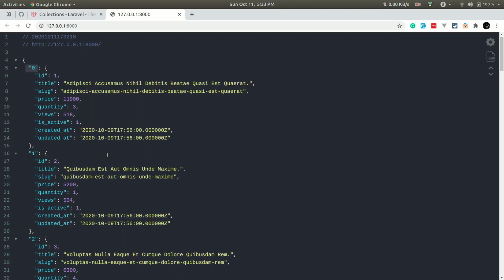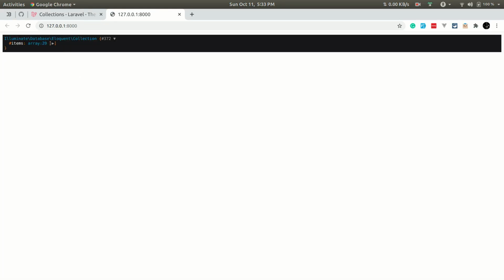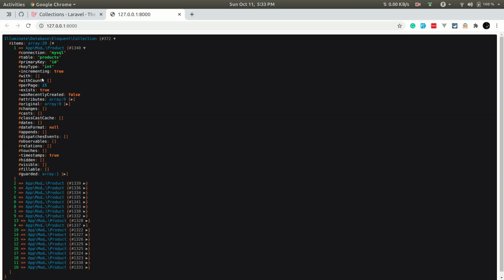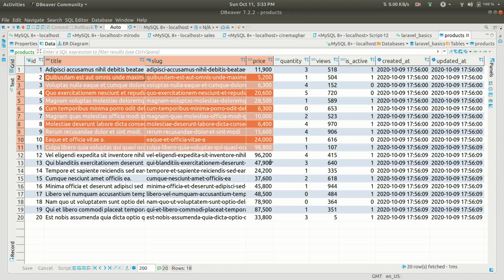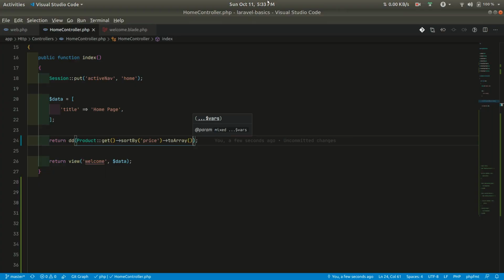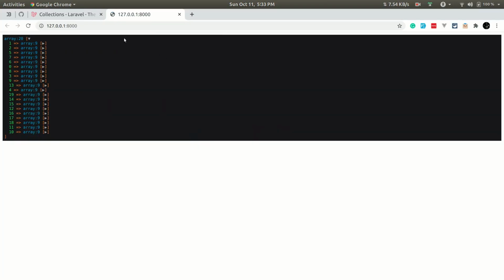if I do it like this and refresh the page, you can see it is giving us all the things related to the model. Now we can also minimize this. If we do toArray, it will convert this model into an array and only show the data that we want to see, only the data of the database. Now if I refresh here,